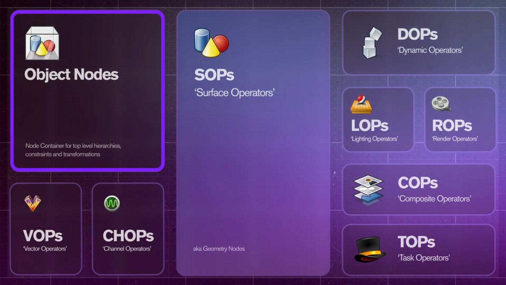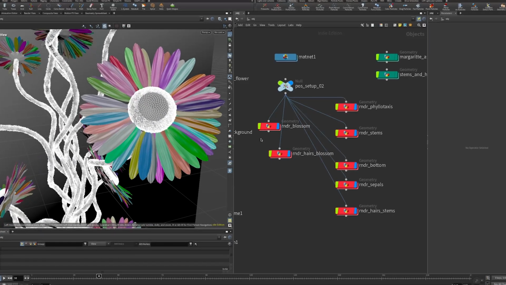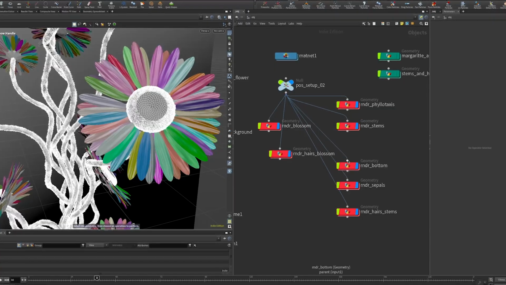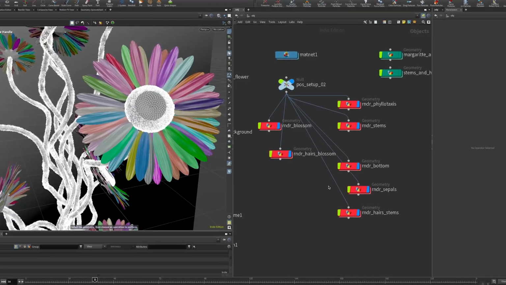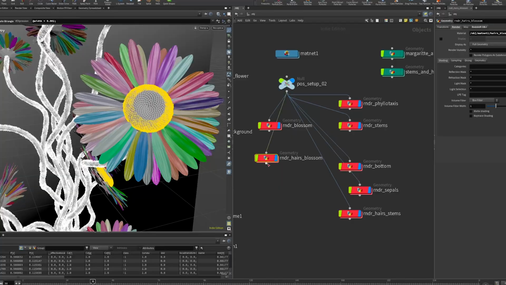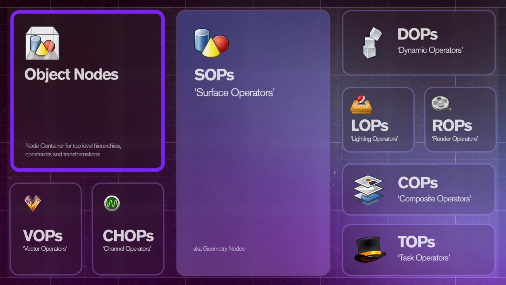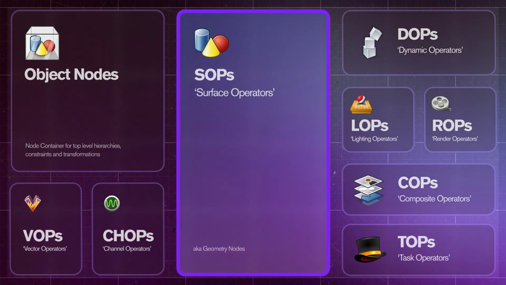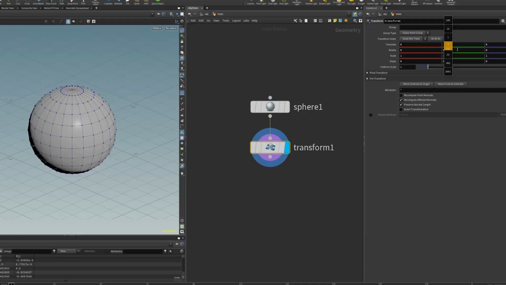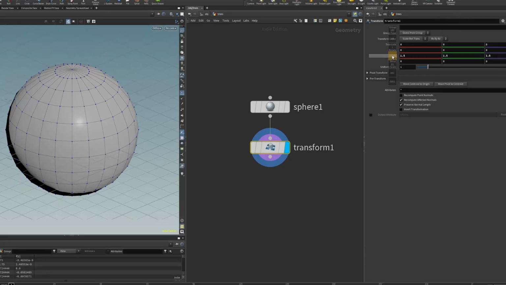The object nodes are basically containers that allow you to build and transform hierarchies. All the nodes inside such an object node container will inherit any transformations at the object level. Geometry type object nodes, for example, contain SOP nodes, which we will actually use the most. SOPs, or surface operators, can represent 3D objects and are used to modify geometry. For instance, you can use a transform node to move, scale or rotate your object, or add a mountain SOP